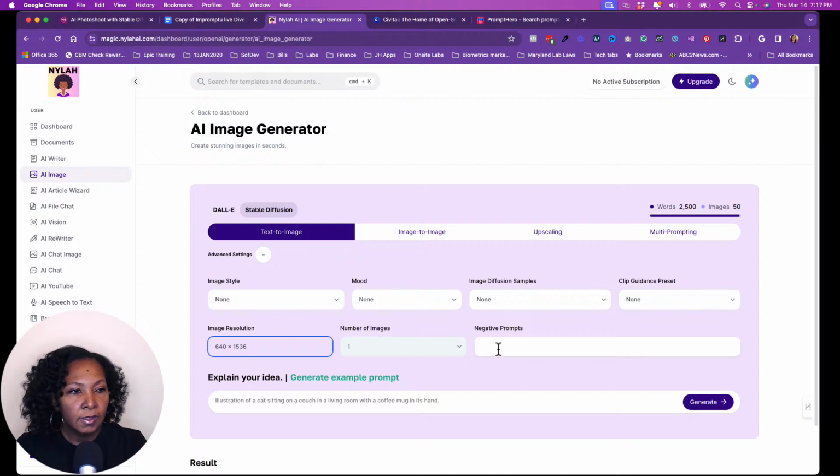When you work in Stable Diffusion, you want to give it some negative prompts, and that's really determined by how you are